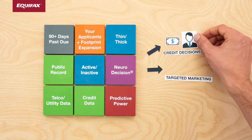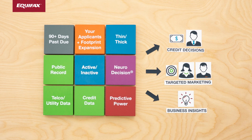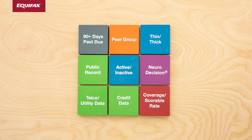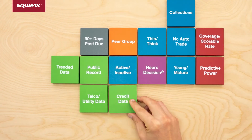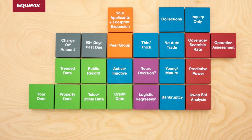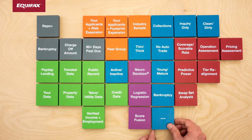These insights help bring context, clarity, and speed to the predictive modeling process, helping to ensure that your configured score is the right fit for your business today, and giving you the freedom and flexibility to quickly test, validate, and deploy new models as market conditions change. Equifax Ignite models and scores deliver better performance, more transparency, dramatically faster development and deployment, and rapid adaptability to changing conditions, empowering your business to make better